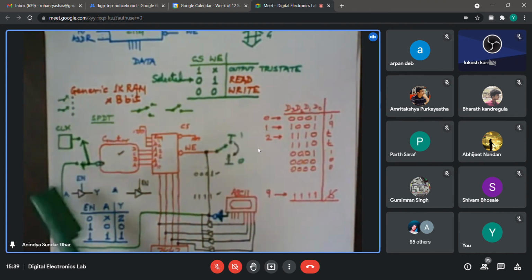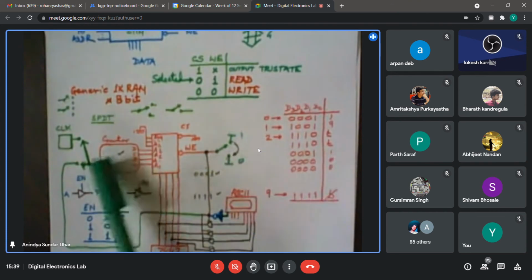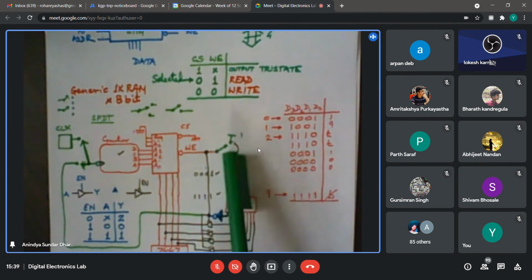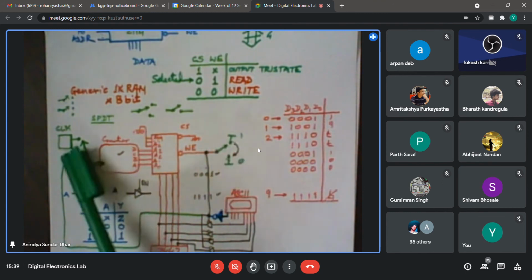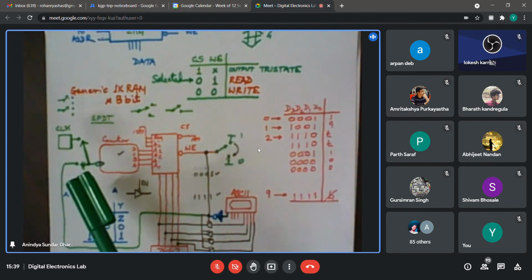At that time, certainly you are changing that before switching this one to the read mode. Otherwise, what will happen if it is still in the write mode and you have mistakenly thrown this switch to the clock source? So can you tell me what will happen in that case? Before changing this switch to read mode, you are changing the other switch, that is the clock source, to the pulsar.